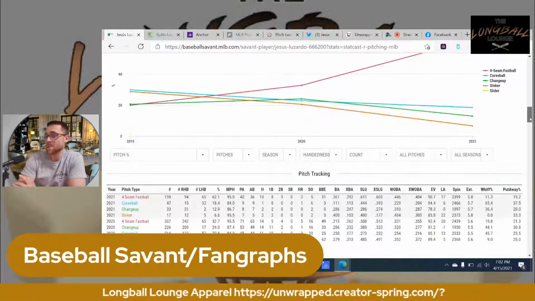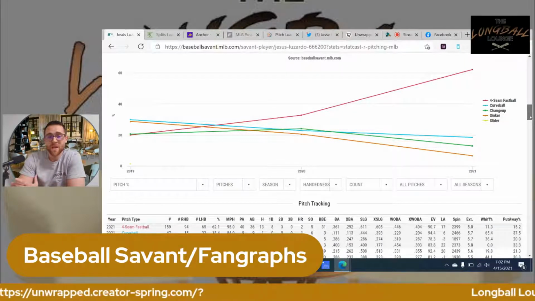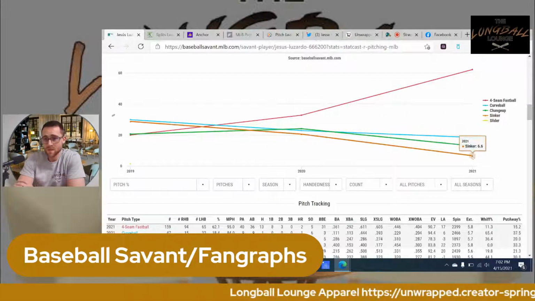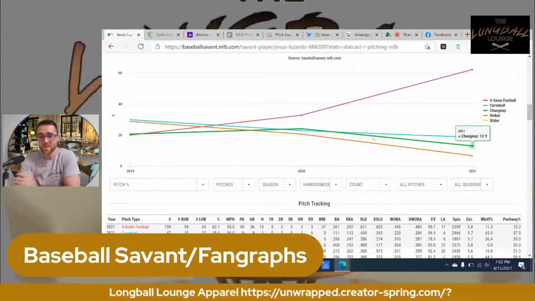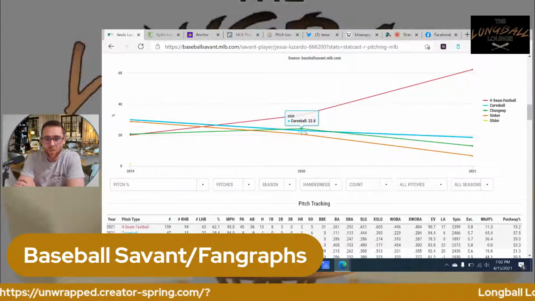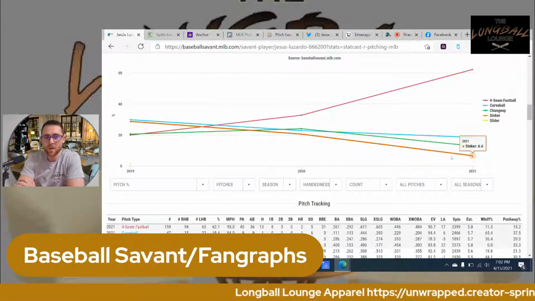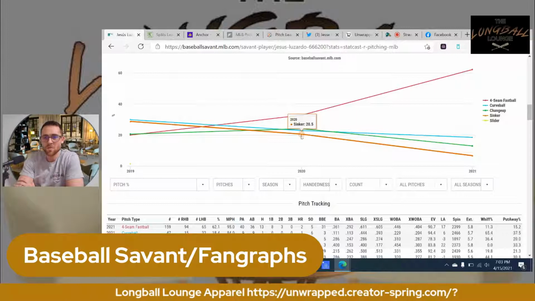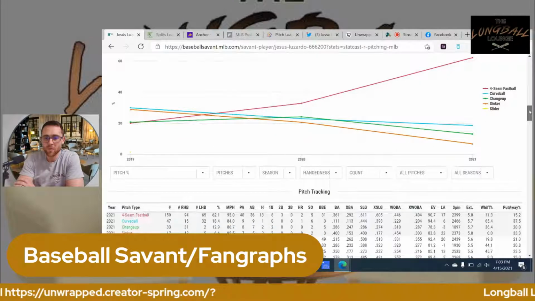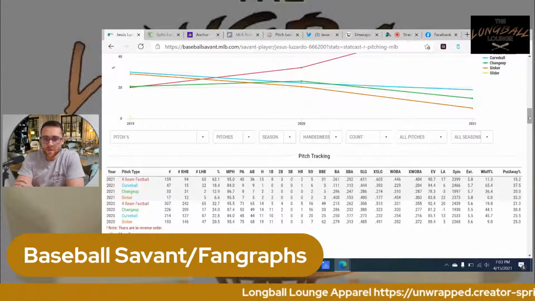So to me, I'm seeing right off the bat, if he just changes his pitch mix back to what it was before, go back to 35, 40% fastball, tick up the changeup instead of 12.9, go up to closer to 24, what it was last year. Sinker, take that bad boy up instead of 6%. Take it up closer to 20. Then we can start improving this hard hit rate and this damage that these hitters are doing to Luzardo.